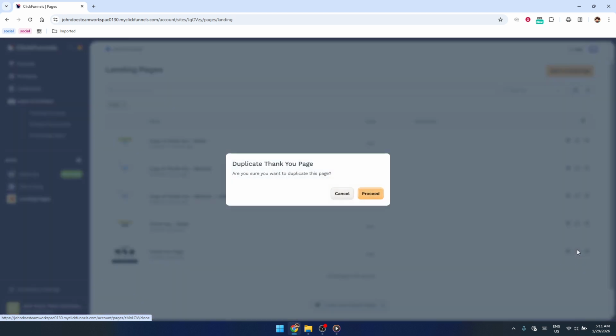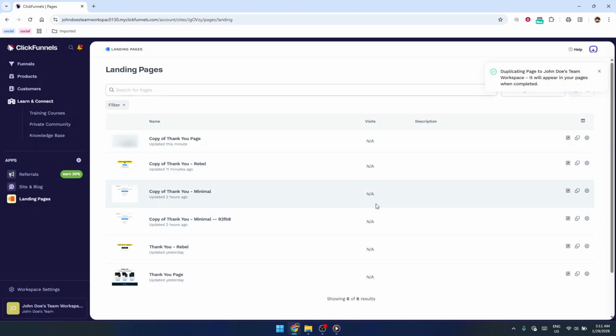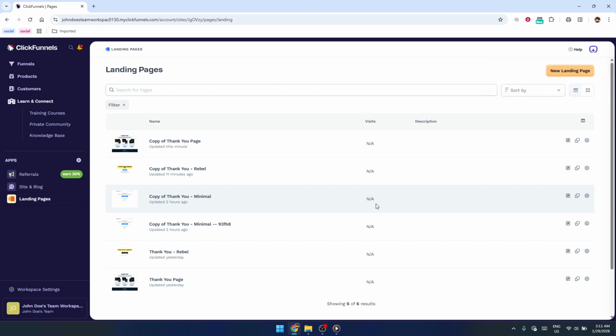As soon as you do, ClickFunnels will automatically create a new version of that landing page. This cloned page will carry over the same design, layout, and content as the original, including sections, images, text, and most of the settings. Think of it as taking a snapshot of your existing page and instantly turning it into